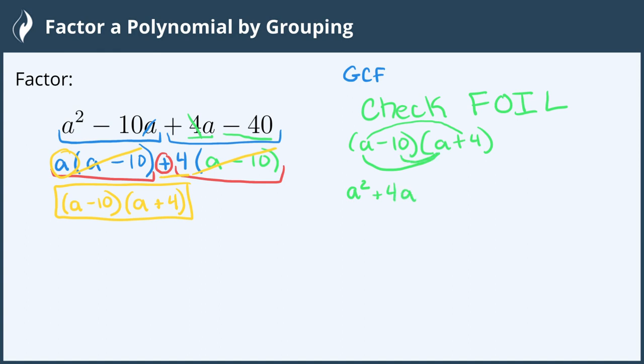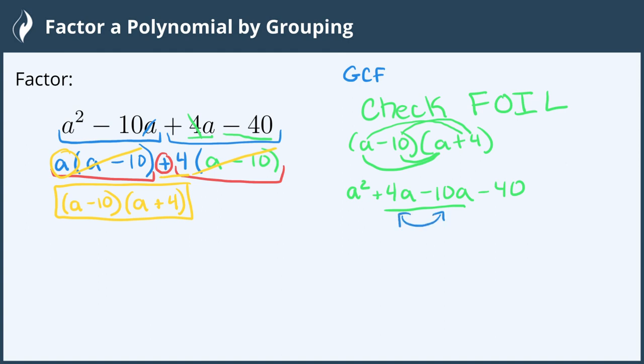The inside is negative 10 times a, which is minus 10a. And the last is negative 10 times positive 4, which is negative 40. This matches the original. Now, the two terms in the middle are switched, but if we were to switch them